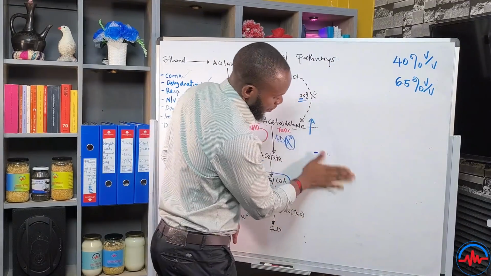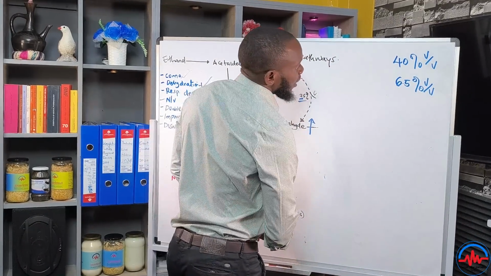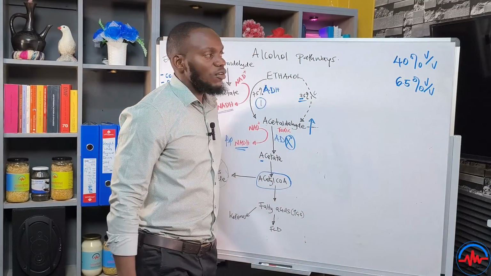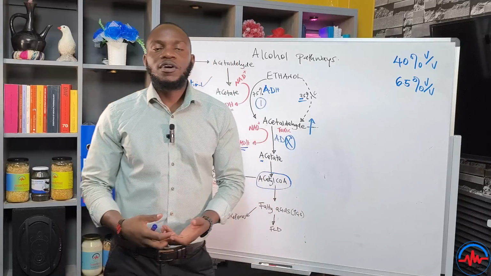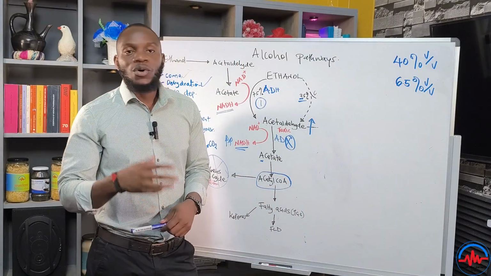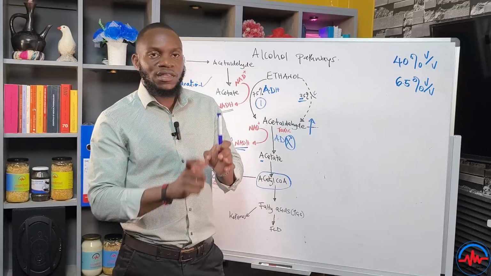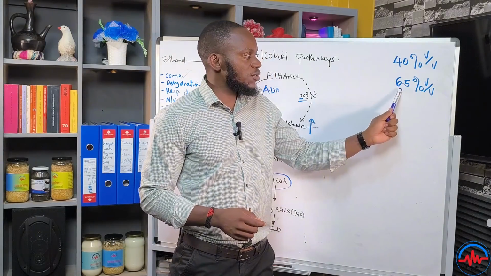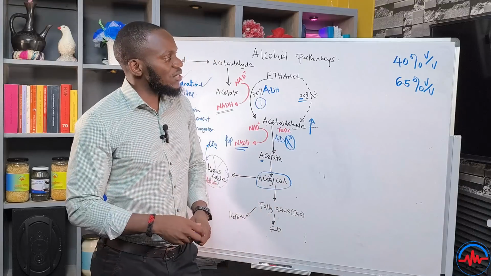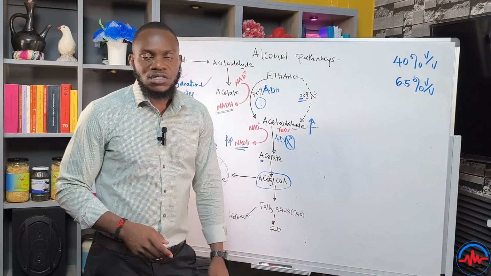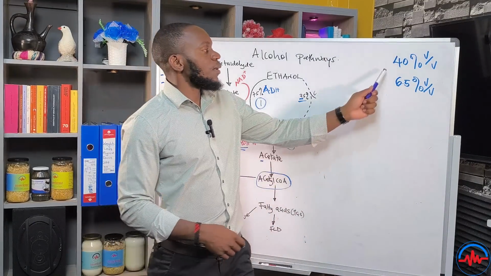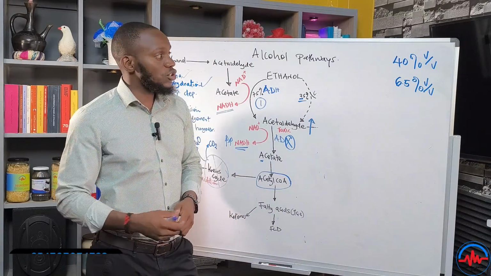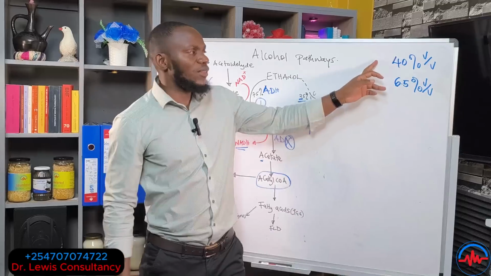So I want you to see this. Most of your drinks are written on either 40% or 6.5% volume over volume. You'll see this on your bottle. So if you're a fan of whiskey or scotch or even beer, go and read the label. You will see either 40% volume over volume or 6.5% volume over volume. I tend to understand that 6.5% is for beers because it's a low concentration, and this 40% is for the spirits, whiskeys and scotch. What does this mean on that label?